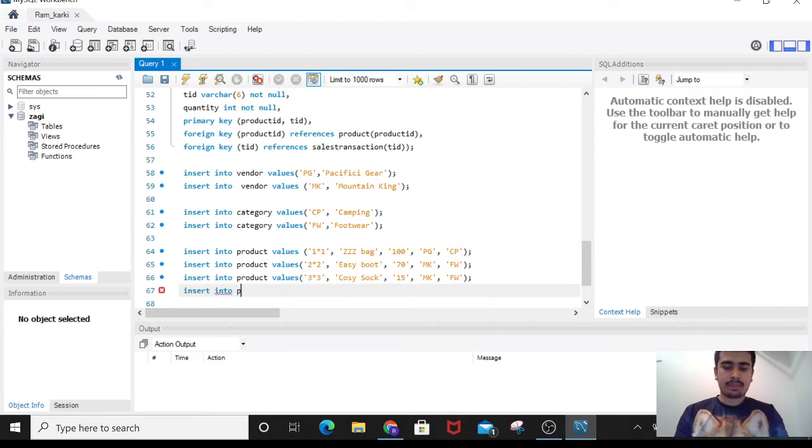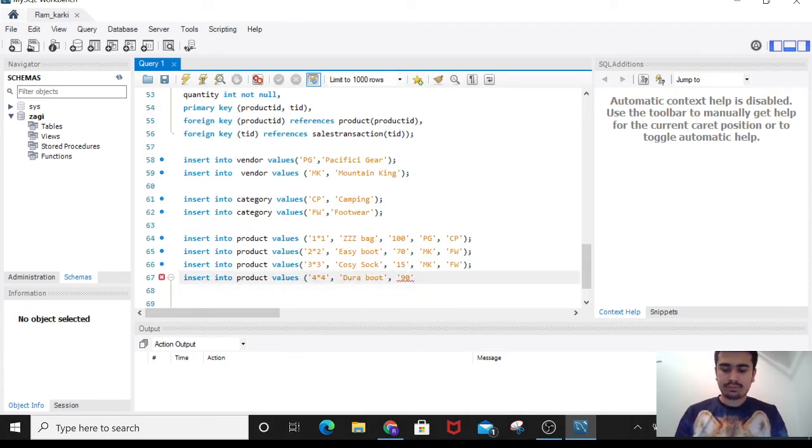Insert into product values 4, comma, this durable, comma, 90, and then comma, then PZ, comma and then FW. Always forget the same thing. And close the bracket, semicolon, insert into